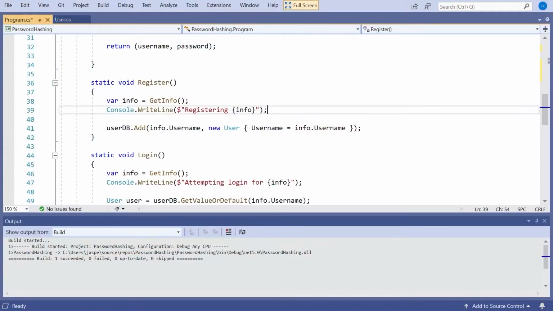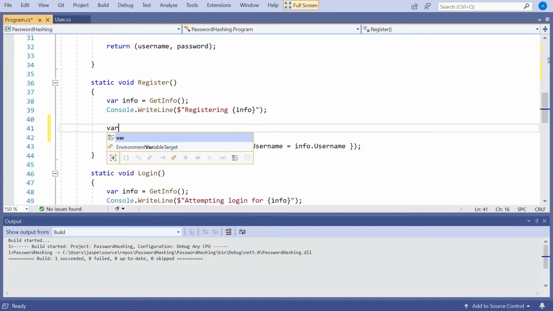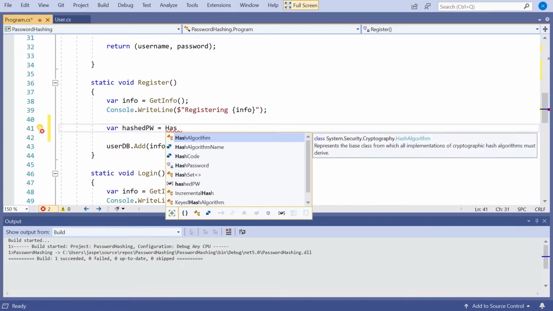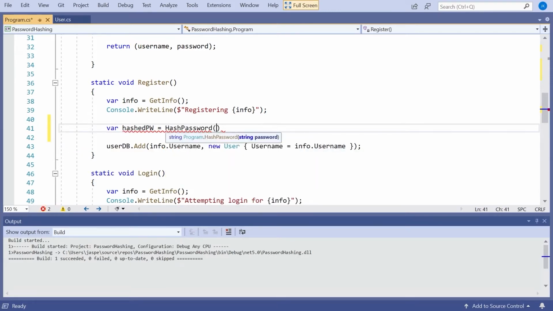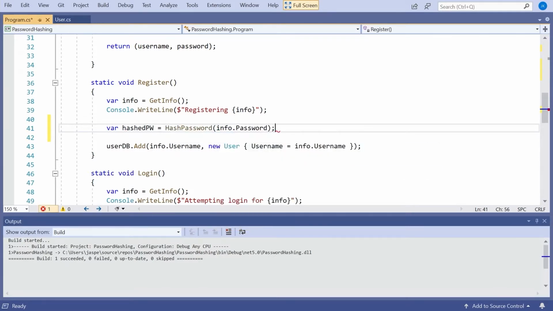And so what we can now do is on our register, having got hold of this info, which contains the username and the password, we then want to hash that password. So all we'll say is var hashedPW equals, and then we'll do this HashPassword and pass in info.Password. So that will give us the hashed form, and then we will pass that in there.